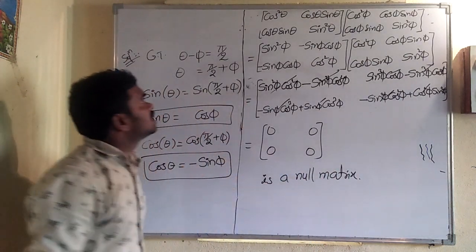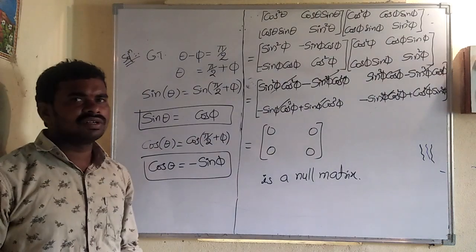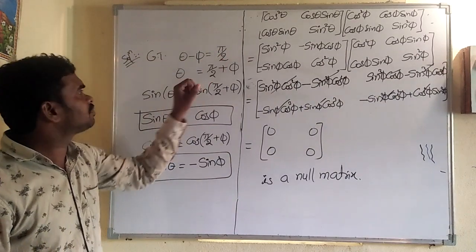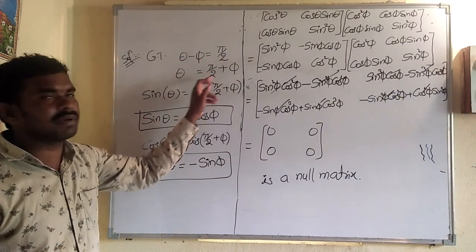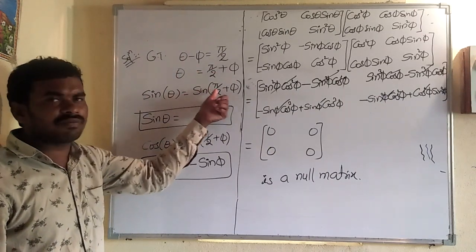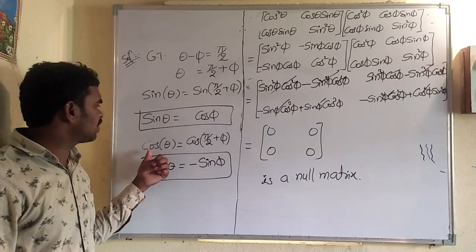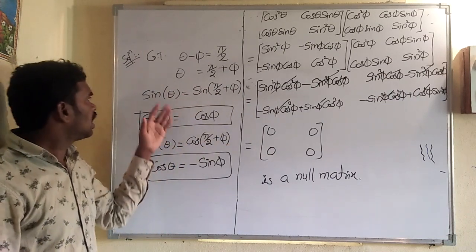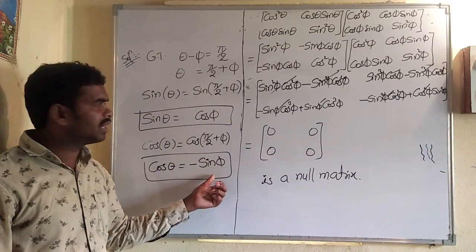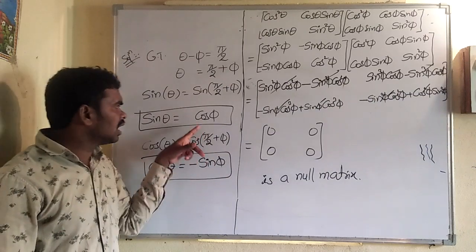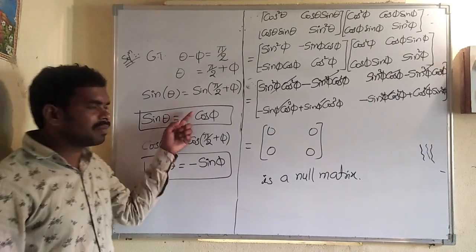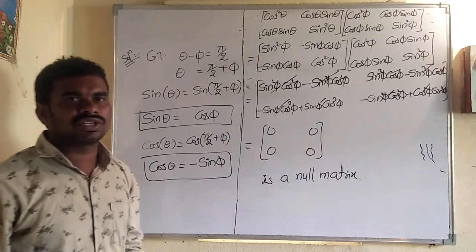So this is the fourth 4-marks question. Is it clear? Just remember, given that theta minus phi equals pi by 2, minus phi sent to the right side becomes pi by 2 plus phi. Take sine on both sides, you will get sin theta equal to sin of 90 plus phi, and take cos on both sides, you will get cos theta equal to cos of 90 plus phi. Here sin of 90 plus phi means cos phi, cos of 90 plus phi means minus sin phi. Okay? You will know the detailed explanation in trigonometric ratios. So you just remember here, and let us see the fifth question.